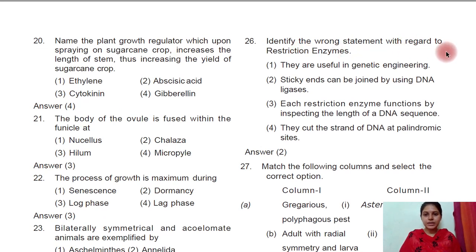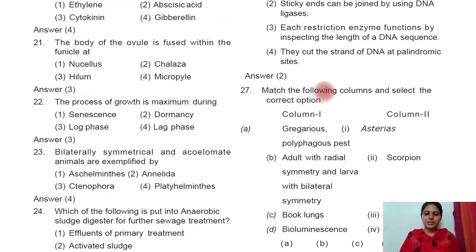Identify the wrong statement with regard to restriction enzymes. They are useful in genetic engineering. Yes. Now second point, sticky ends can be joined by using DNA ligases. So that is a very wrong statement, right? And each restriction enzyme functions by inspecting the length of the DNA. It's a correct thing. They cut the DNA at palindromic sites, and it is related to restriction enzymes, right? But what is the use of DNA ligases in relation with the sticky ends? So that's why option 2 is the wrong answer. Next,